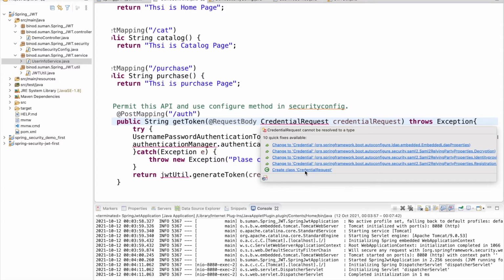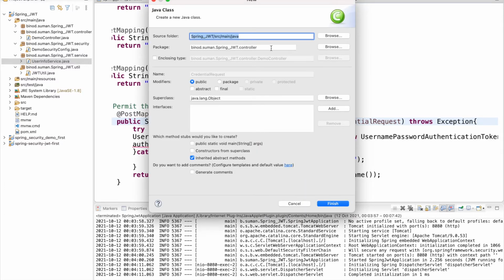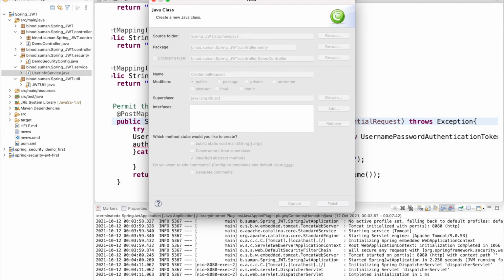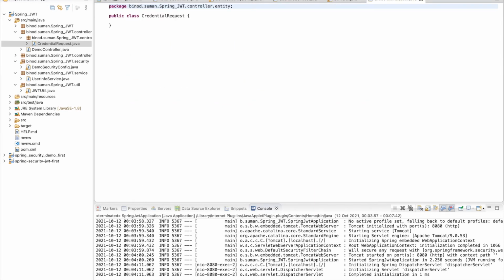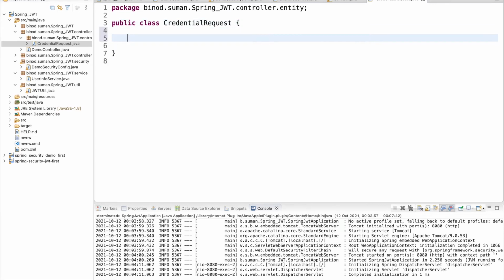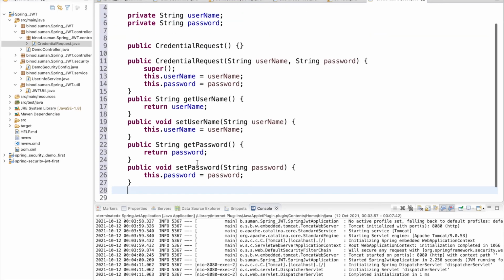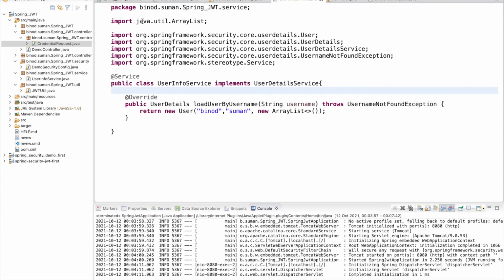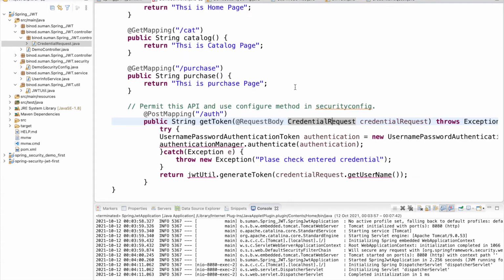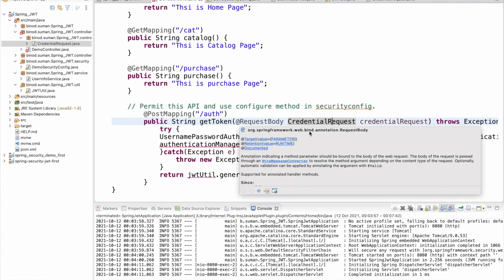This is the purpose for that, and make it inside the entity. It will have just username and password, only the two variables, with the getter, setter, and the parameterized and default constructors. That's it. So it will be easy to fetch that, right? Nothing more than just to make it easy, so you can use the request body here, right?